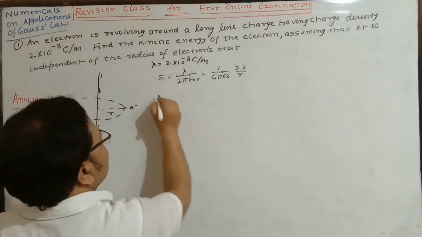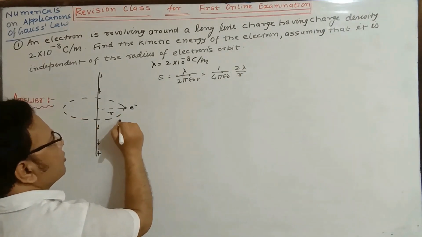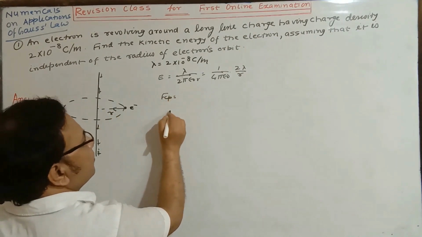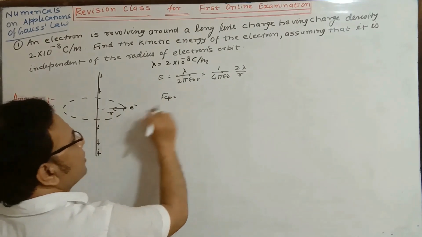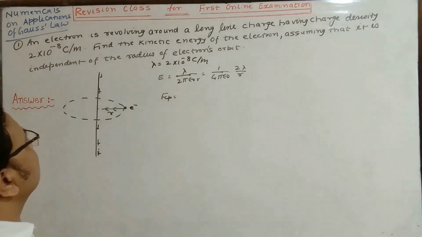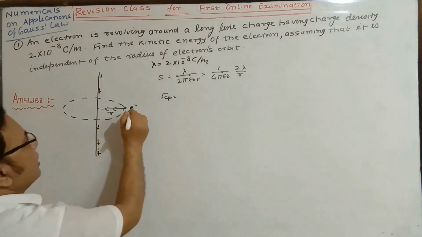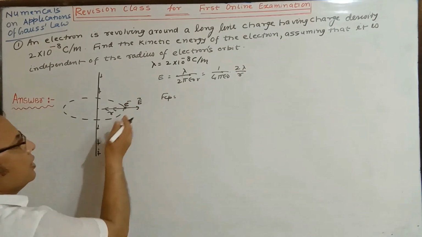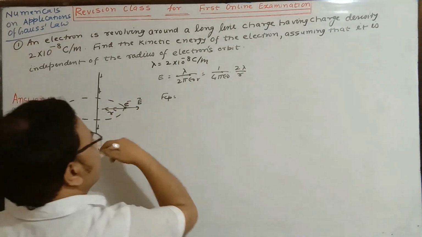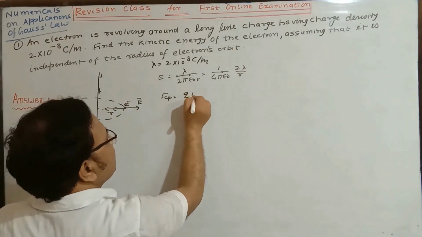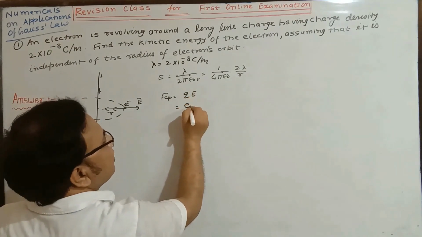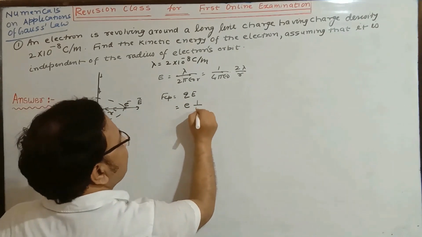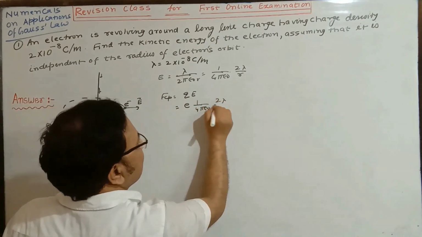And in this case, if we are going to find out the force on this electron, that is the centripetal force, that centripetal force is provided by this particular thing, the electric field. In this case, the electric field is away in this direction, but the electron is negative. That is why the force is directed towards the line charge. So F_cp is equal to Q into E, so that Q is e. Of course, minus you can put for going towards left. This E is 1 by 4 pi epsilon naught into 2 lambda divided by r.